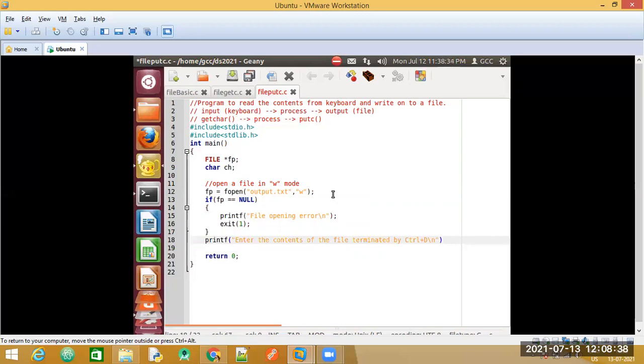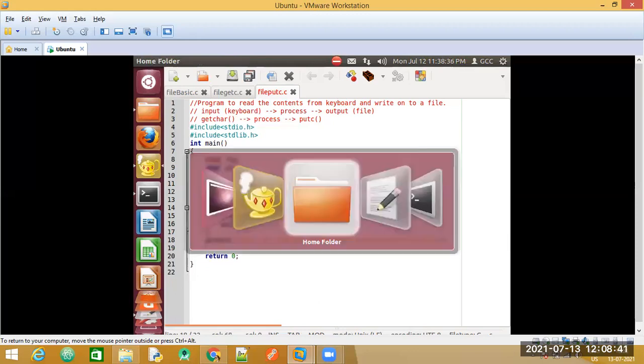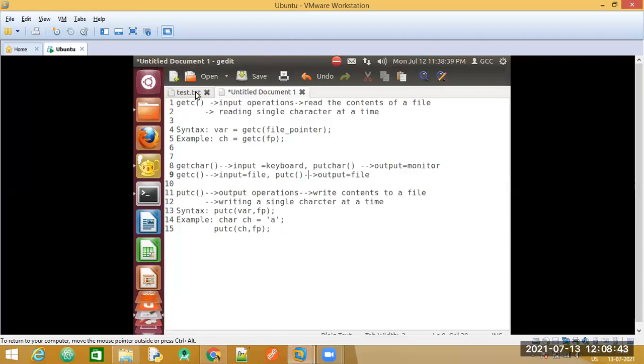So what is the meaning of this line? If you recall again, we understood two concepts. One is end of line and another is end of file. So now how does the file understand that whatever the user wanted to type is finished? For that, whenever we try to write certain contents, we can press Control D. We have studied this in Linux.